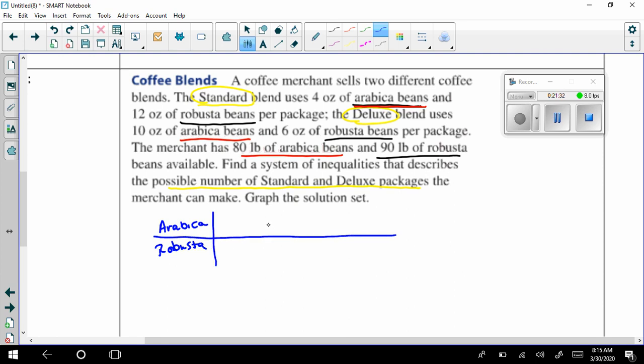Okay, in the standard blend, we have to have 4 ounces of these. In the deluxe blend, we need 10 ounces. We cannot exceed